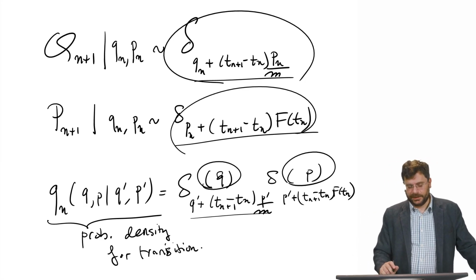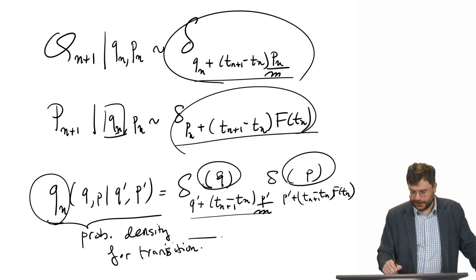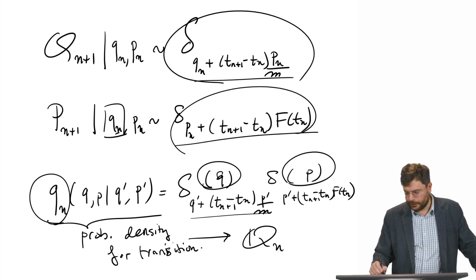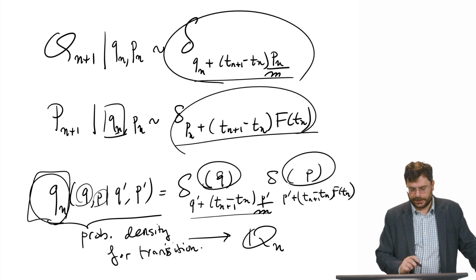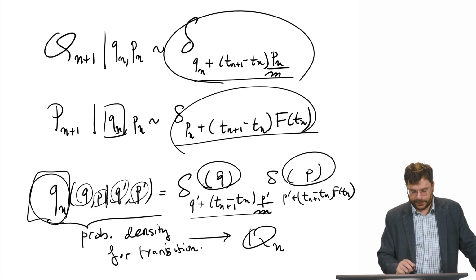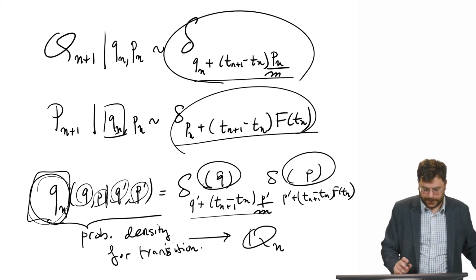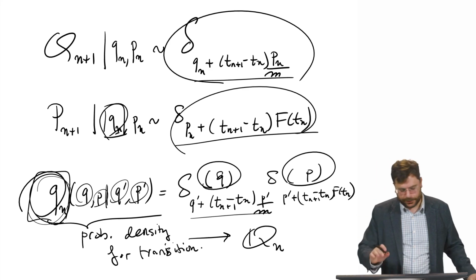There's one thing we need to be a little bit careful about. In the textbook, it's different notation, it's different fonts, so it's not as confusing. But this, just to be clear, is the position at time n. This is the probability density coinciding with this probability distribution. So this one here is a probability density. This is a position. This is a momentum. This is the previous position, the previous momentum. And given the previous position, previous momentum, this is a transition probability describing how I get to the next Q and P. So this and that are different objects, different fonts in the textbook, but arguably